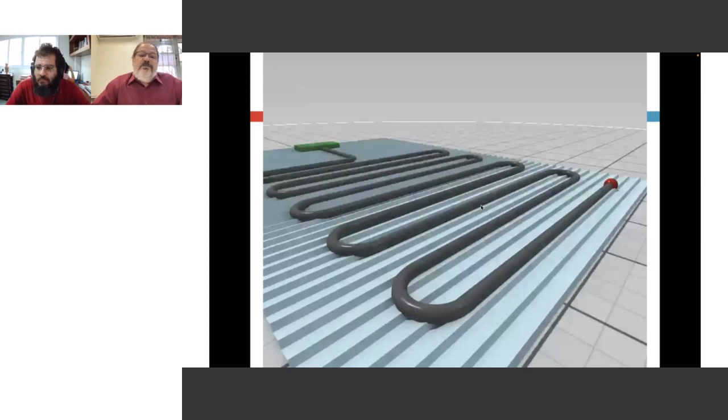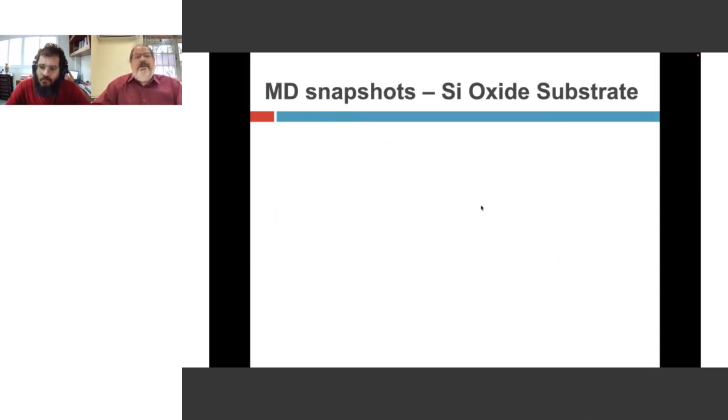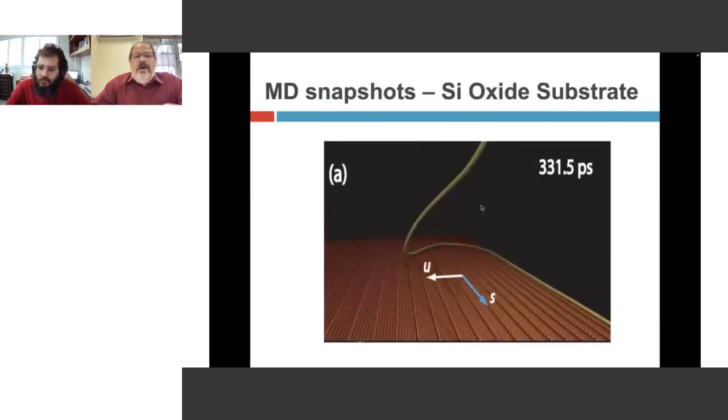If you do this with a rock and a string in some church that has these steps, you can produce the same kind of structure. But knowing the exact dynamics of this process is inaccessible, even if you have the best equipment. That's when you can use molecular dynamics simulation to gain insights and help explain the formation of the serpentine. So we run the simulation using classical force fields, using silicon oxide, the substrate that they use